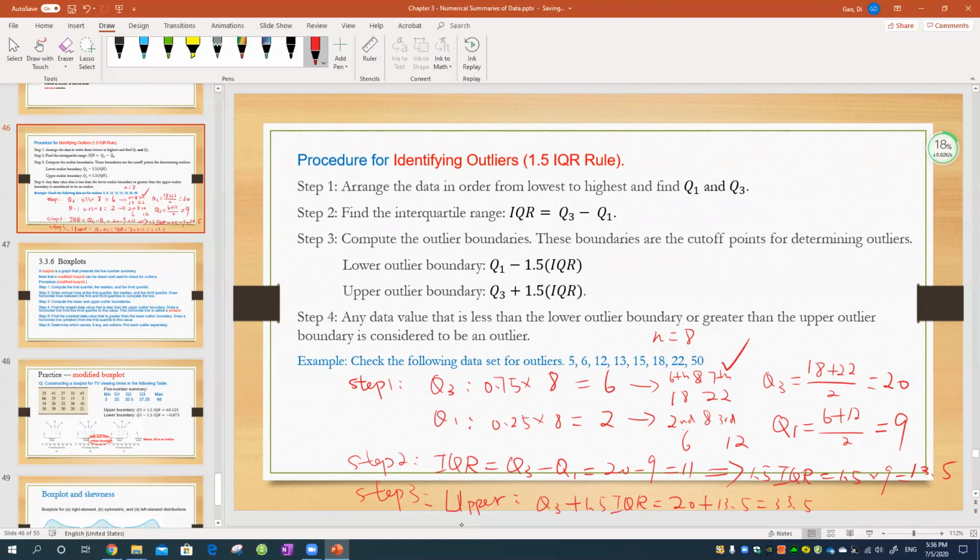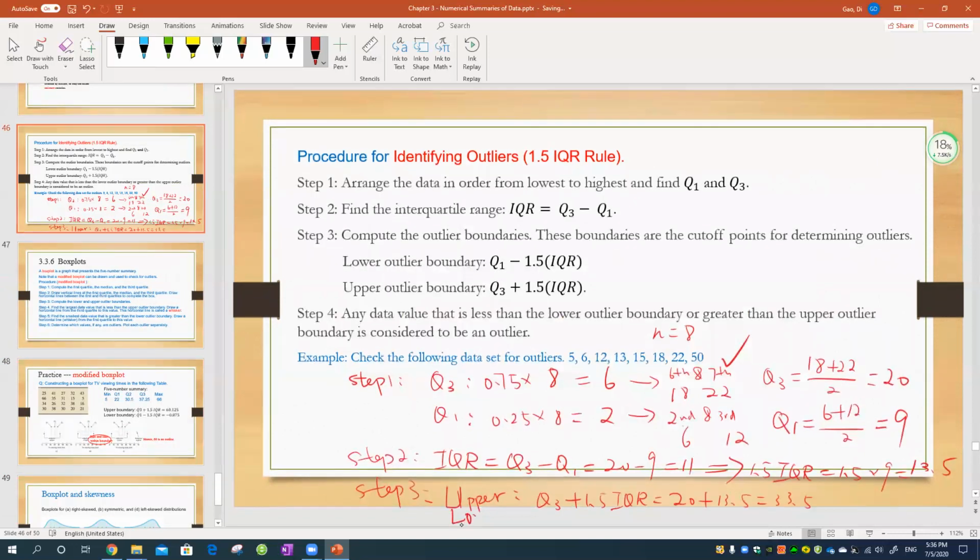For lower, we have Q1 minus 1.5 IQR, which is 9 minus 13.5. That is negative 4.5. So these two boundaries make an interval so that we can check whether any number falls